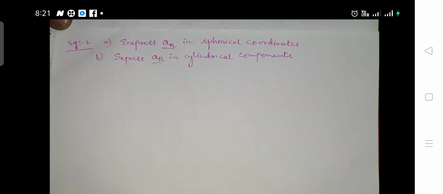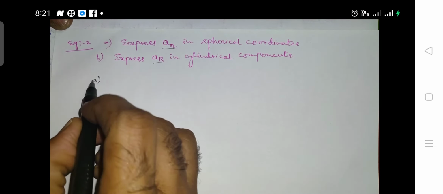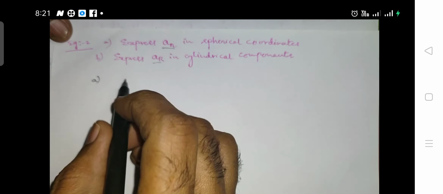Here, in order to simplify this problem, we have to recollect what we have done in the earlier sessions. I mean, we have to recollect the transformation matrices that we have considered earlier. So please go through my previous videos for the transformation matrix from one coordinate system to the other coordinate system. Here I am writing down once again. First let us consider A. Here AR is given in the cylindrical coordinate system such that